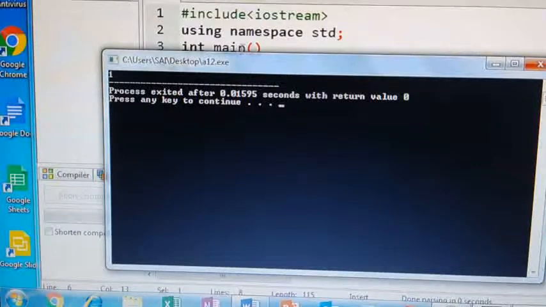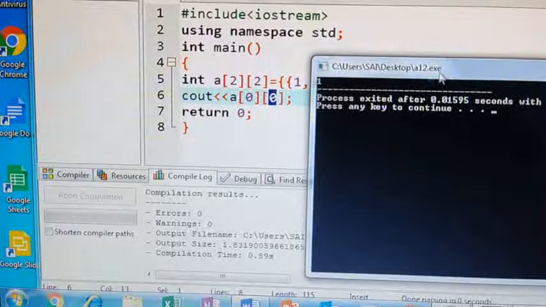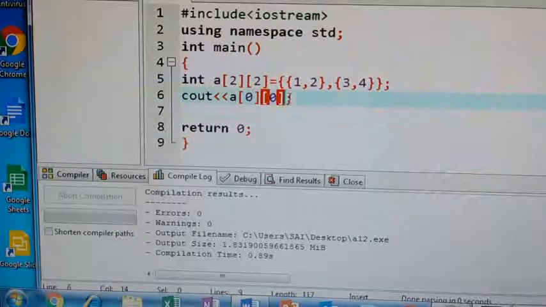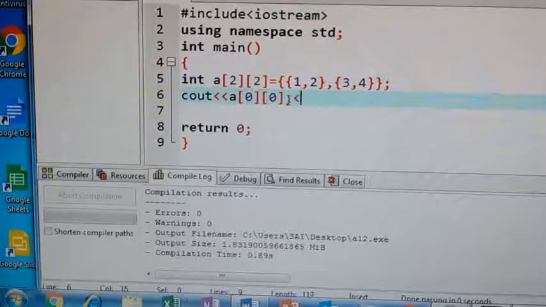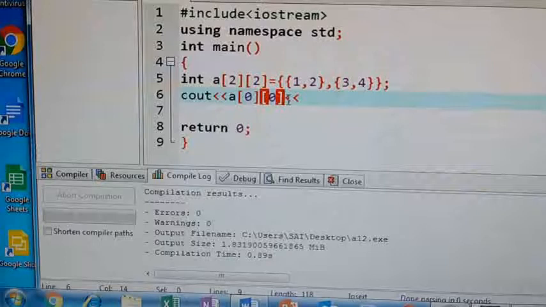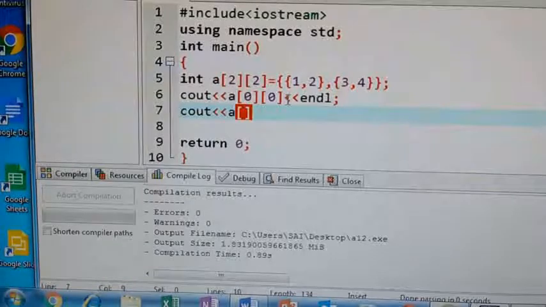Because here you can see the memory representation is first row, first column. Now I will change the indices. Cout A, the second element I want to print.